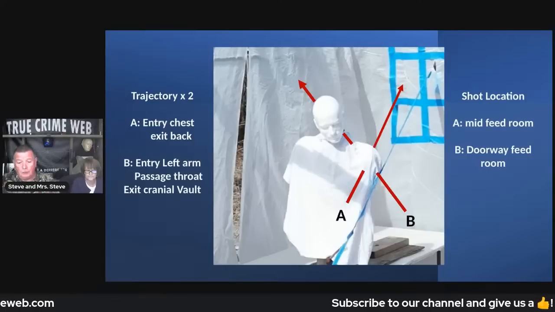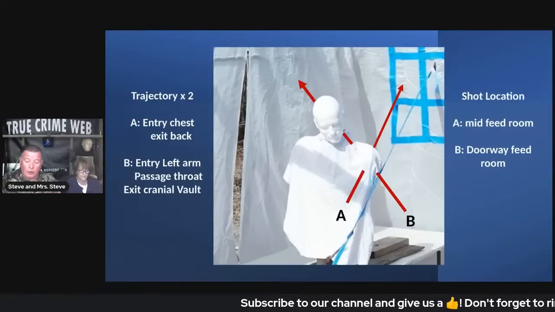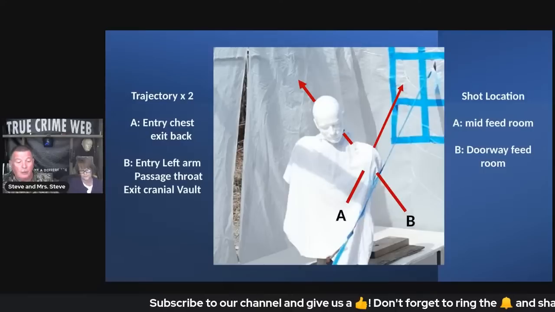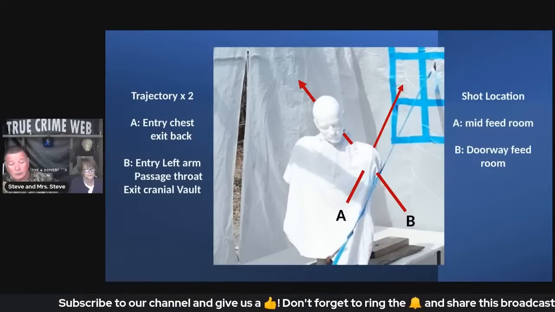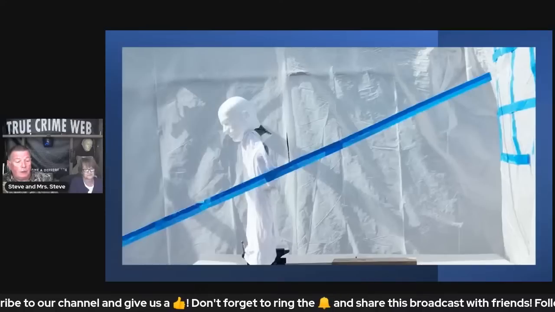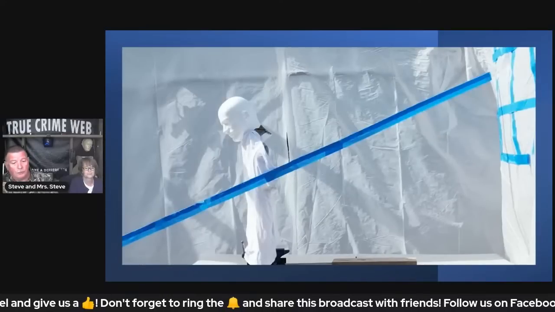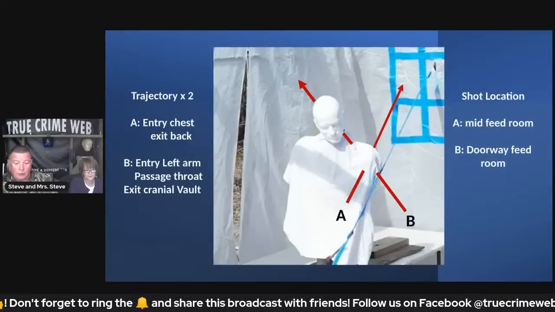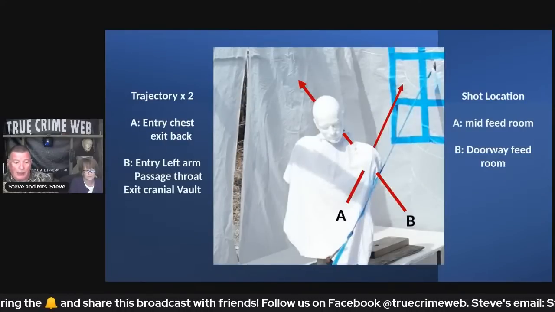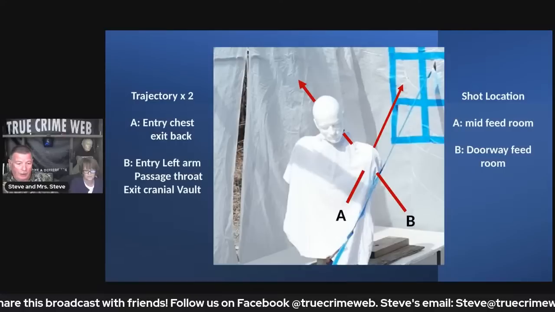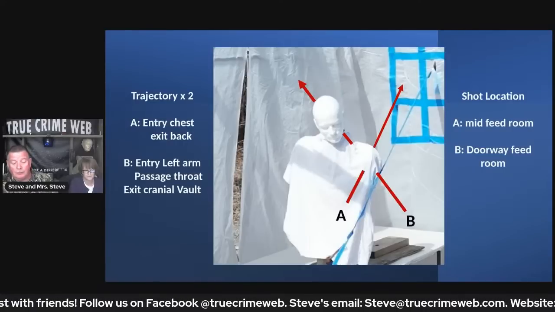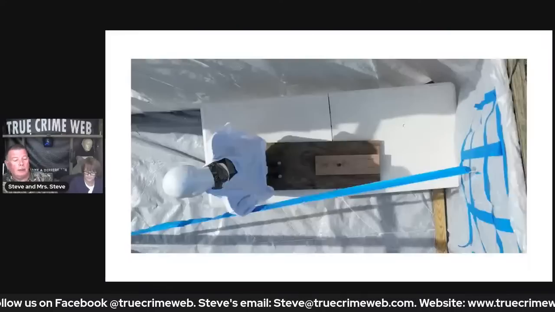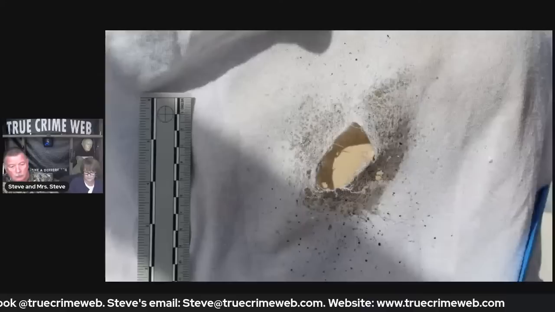Then, of course, the second shot from the doorway was a different shot. But I went out, recreated this, fired a shot, and this was the angle that would correspond with that window behind Paul and at the height of where that defect in the window was. And so I just wanted to recreate that.